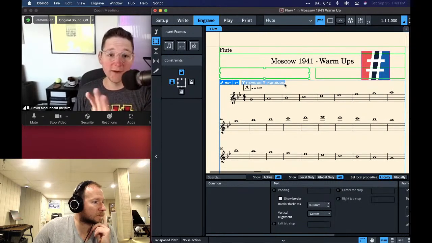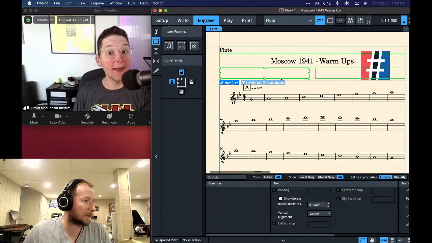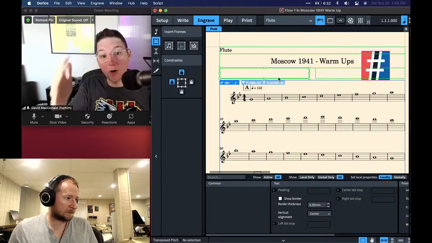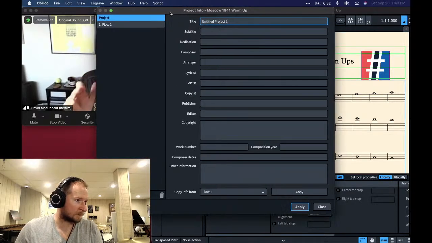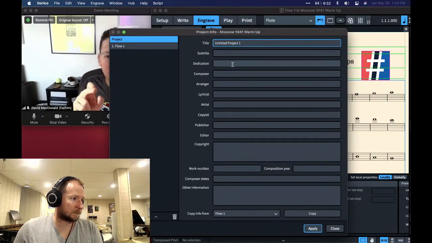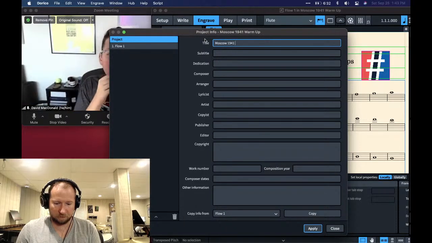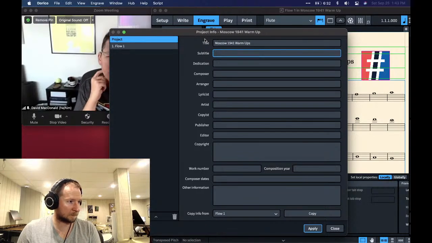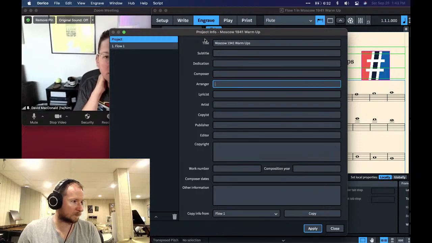By editing this, we have already overridden the master page, and so it doesn't really matter. But if you wanted to enter this stuff in the quote unquote right way in Dorico, you would use the project info dialog. If you hit Command I, that will open the project info dialog, and you can say for this project the composer is whomever. I think you may have already overridden the title somewhere, but if you change the composer to whatever you want,